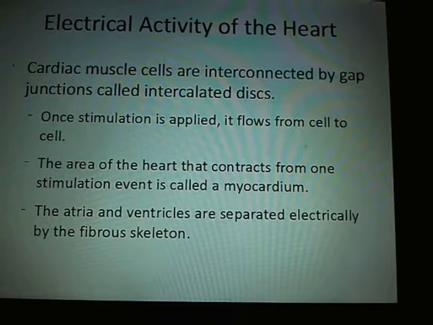Cardiac muscles are interconnected by gap junctions called intercalated discs. If you look at a photomicrograph of cardiac muscle, you can see the intercalated discs. This allows the current to flow through the heart without flowing necessarily through neurons. It's a neuromuscular type flow, and